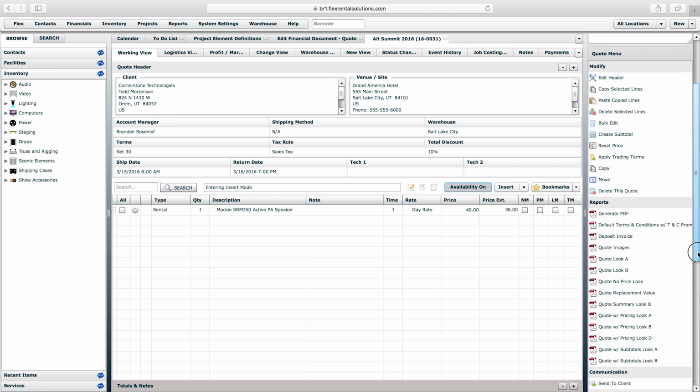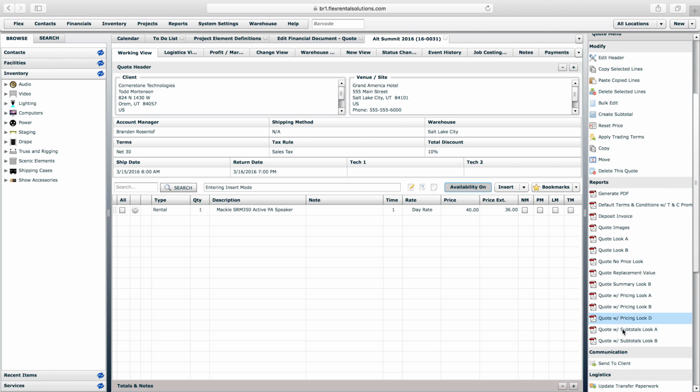That's the starting point that most people will start with. They'll find any one of these existing quotes, and then come up with a few ideas of how they want it to look. Maybe they want to remove some things, add some other things, or move some things. And we definitely still do that. Like I said, the rate is $120 an hour. So usually we'll just send in a request to support at flexrentalsolutions.com, do a mock-up of what you want the report to look like, and then we send that off to a subcontracted report designer,